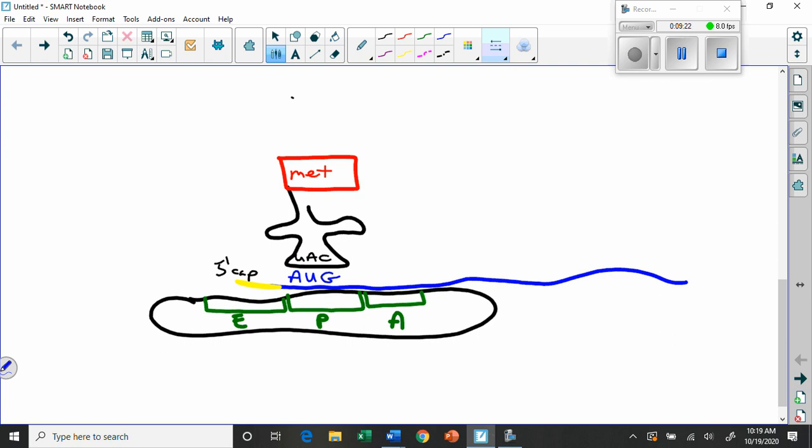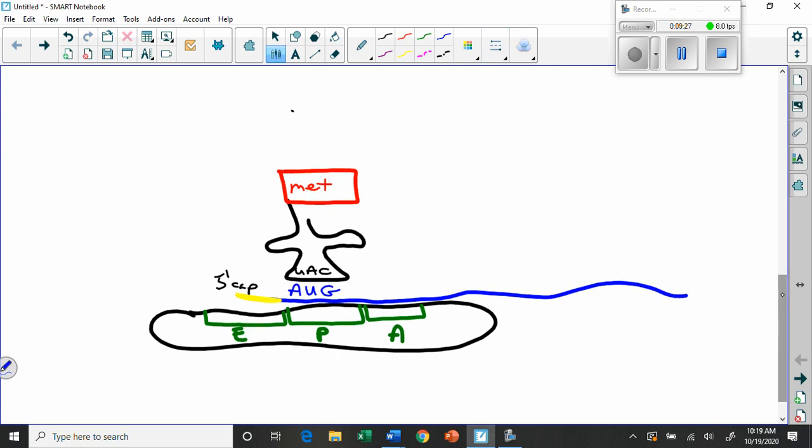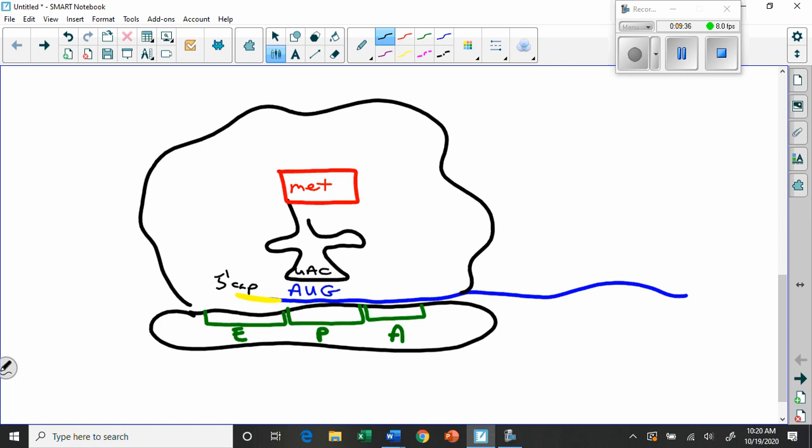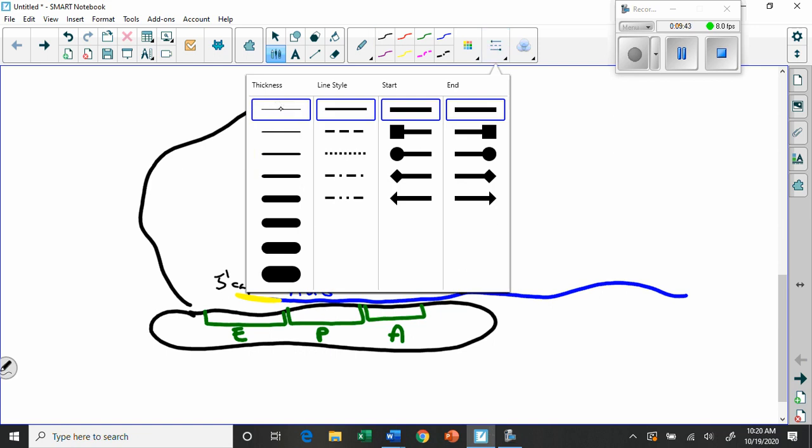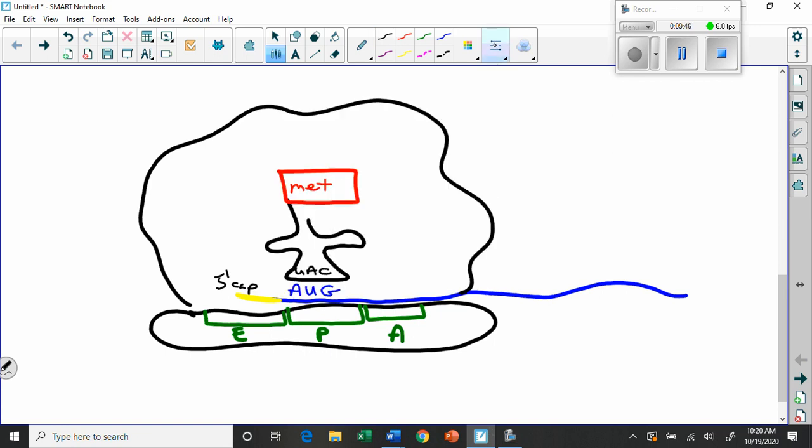Once it finds it, that allows the larger subunit to sort of bind in place. So what we're going to do is we're going to draw the larger subunit in black, sort of kind of around here like this. So let's write beside here sort of a little description of what's going on. The ribosome is going to move along